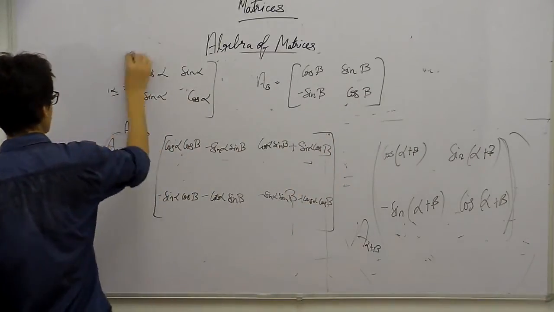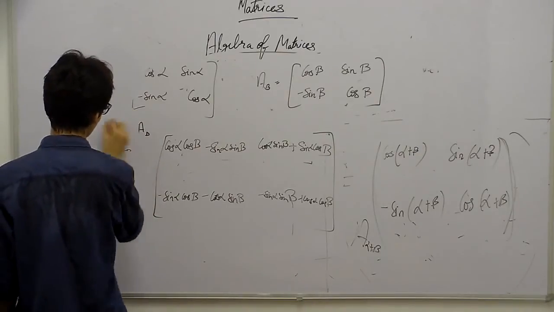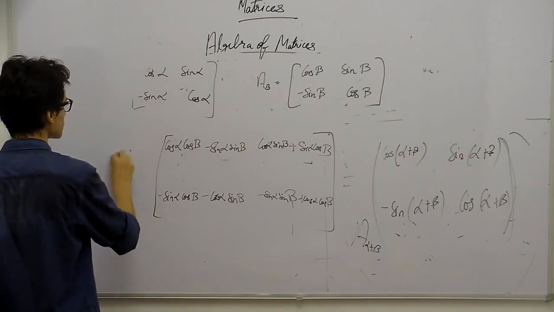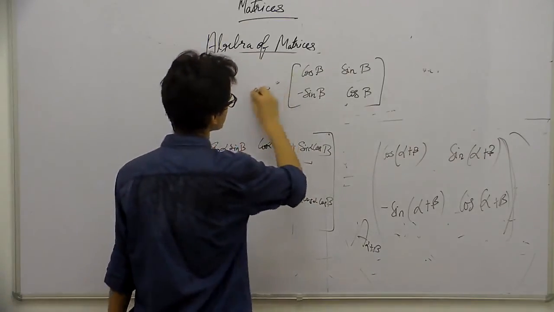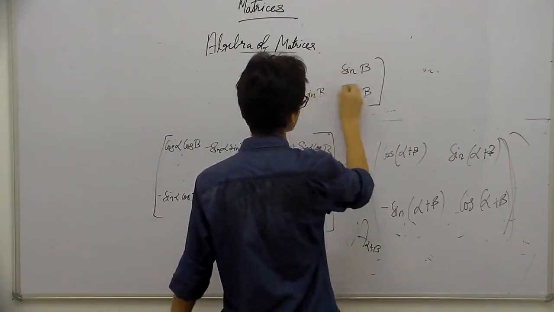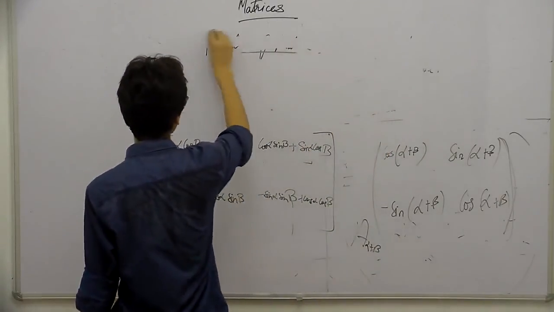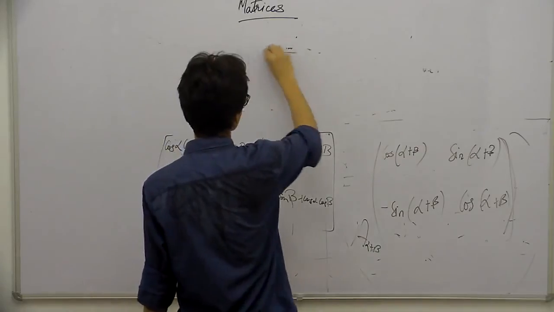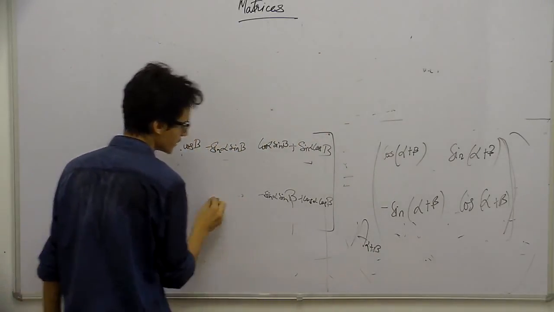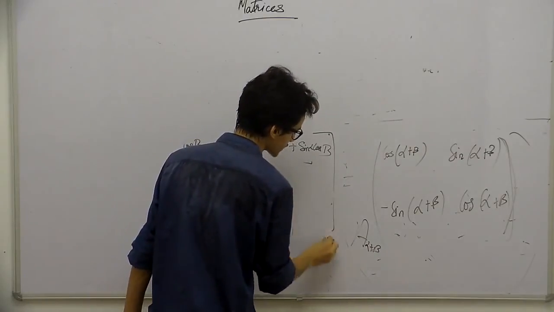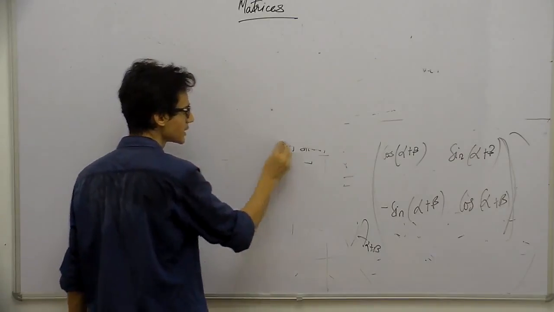Now let's talk about some special matrices. We have talked about types of matrices, many properties of matrices, and the algebra of matrices, but now there are some more special matrices, and let's talk about them. They also play a very important role when we use matrices to solve systems of linear equations, and many a time they come in handy.